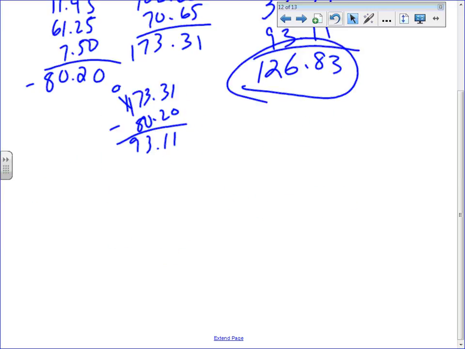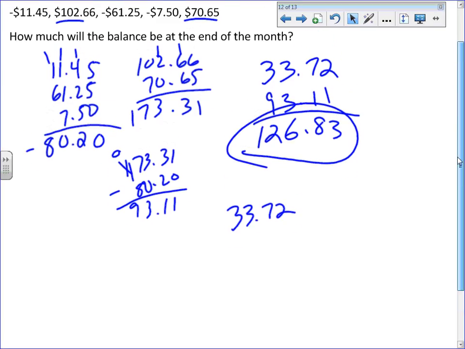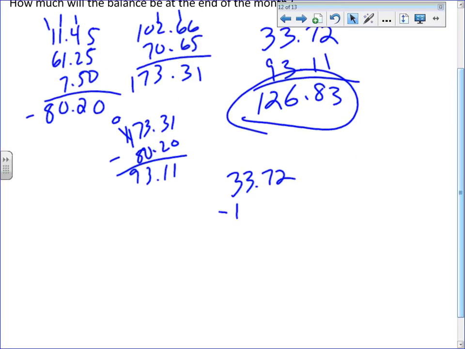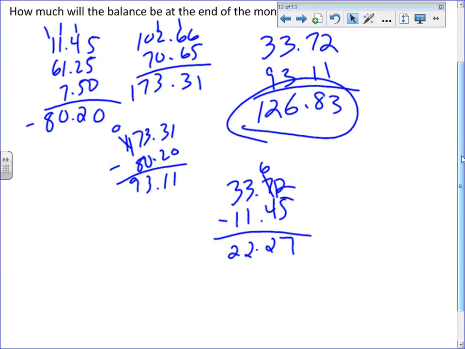So first thing you would have done is 33.72. And then the first number says minus 11.45. So let's do it this way just to show you. So I'm going to do this subtraction. I get $22.27. The next number is plus